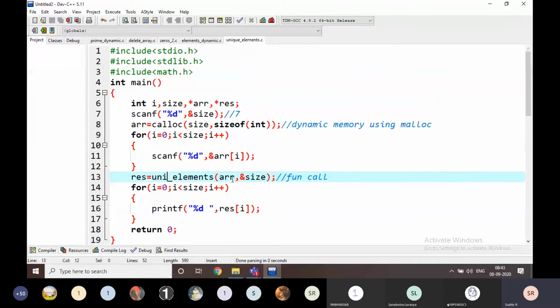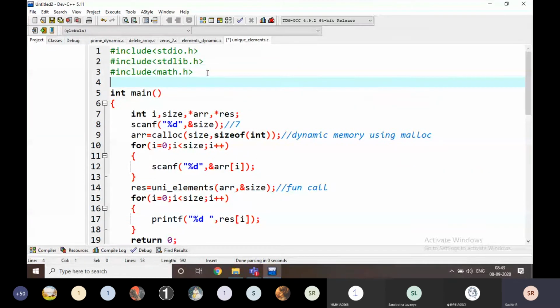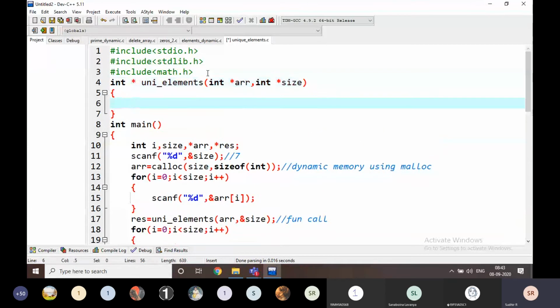Okay. Now int star elements of int star arr comma int star size. Everything is same, right?